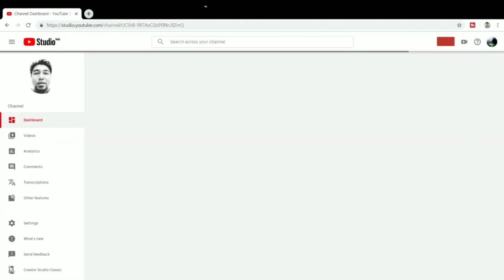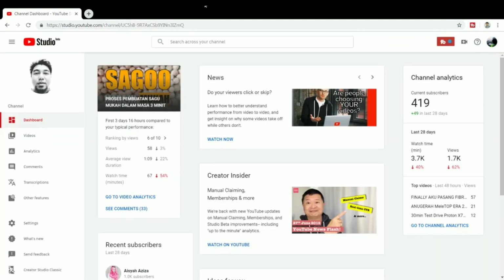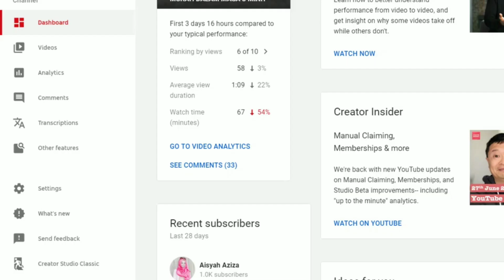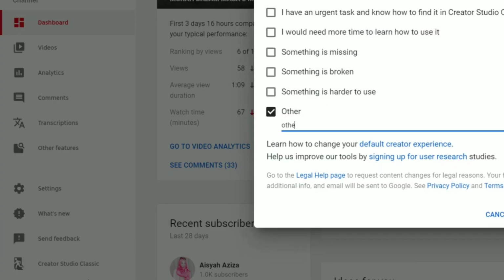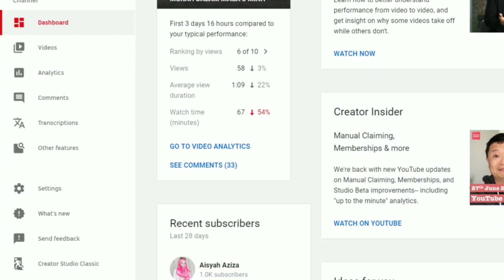Okay, so this YouTube Studio akan bagi all the information about your channel, and then you cari Creator Studio Classic. Okay, so dekat Creator Studio Classic ni kita boleh explore more on where kita nak letak kita punya branding watermark. Okay, just click on others and put some remarks gitu. Aku letak others ya. Kemudian you click OK, and then this one akan brings you to the